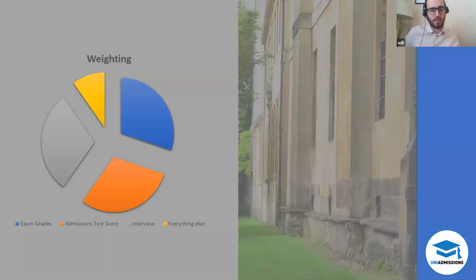So I usually like to start this with a couple disclaimers. The first one being that obviously there are lots of different subjects at Oxford and Cambridge, and this is a very useful heuristic, but it will vary depending on different subjects, and we might talk about that a little later on. But basically, this breaks down the different parts of the application, the different ways that you're being measured by universities like Oxford and Cambridge, and puts a weighting there on each one.